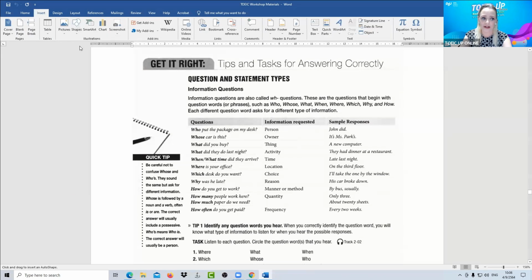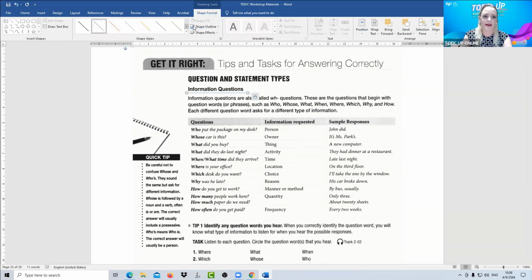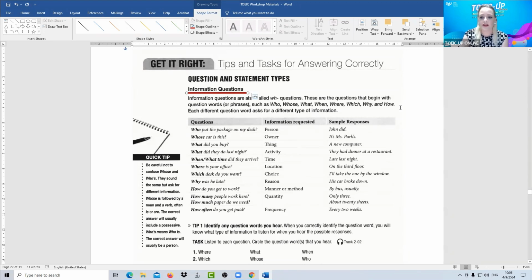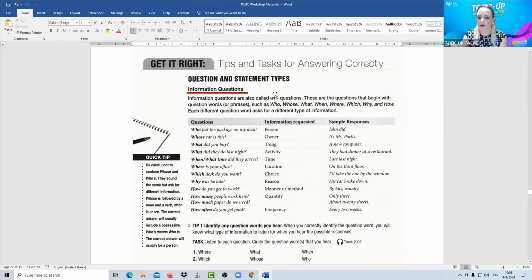You all know what information questions are. We call them information questions because we are looking for more information. So these are your what, who, when, where, why questions. It's all asking for more information. It continues to say information questions are also called WH questions. Not just WH, how is in there as well. So these are the questions that begin with question words or phrases, such as who, whose, what, when, where, which,